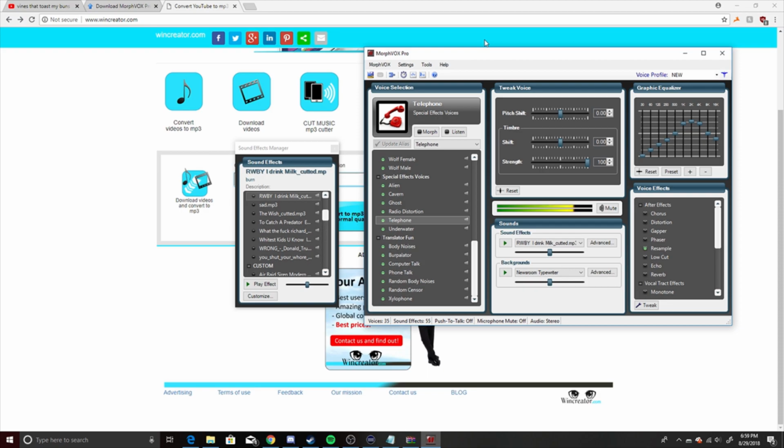But now I'm going to show you the two that I mainly use, which is telephone and cavern. So I'll turn morph on, and this is what I sound like. Telephone one. This one doesn't sound too bad. You can use it to sound like you're talking over a radio or a telephone. And